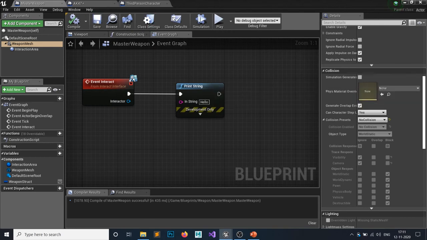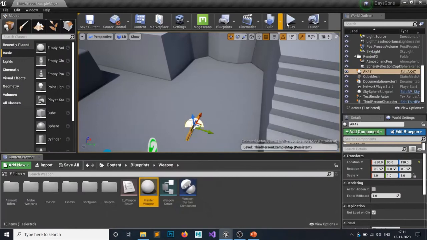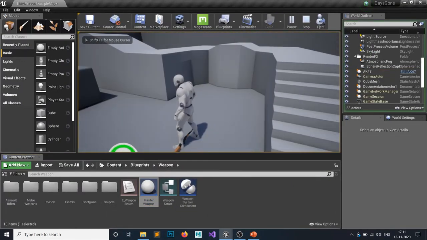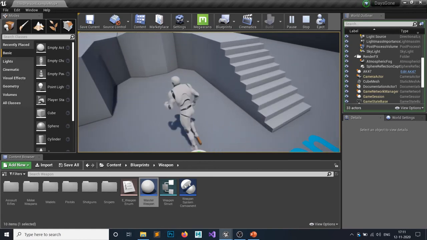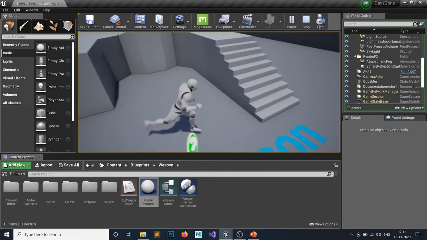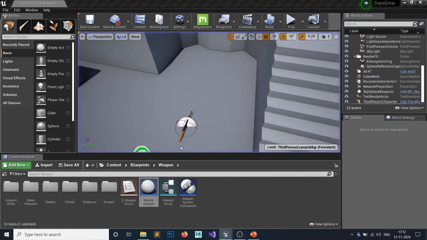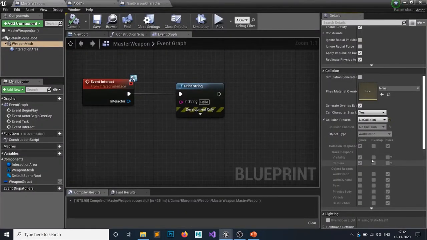So okay, it's fine. Now, as you can see, if I go in here, I can move around with it. If you want to just make the camera ignore the collision, you can do it by setting this camera channel to ignore and everything else to normal.